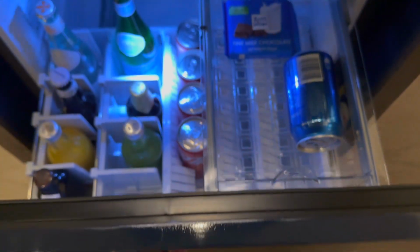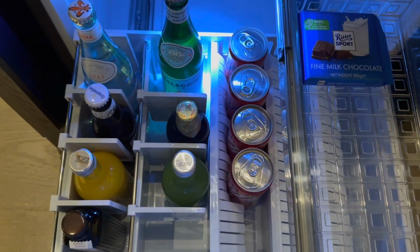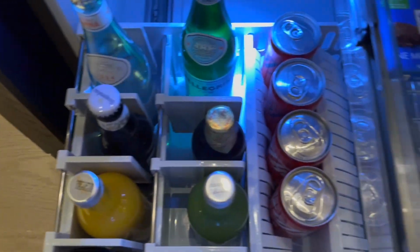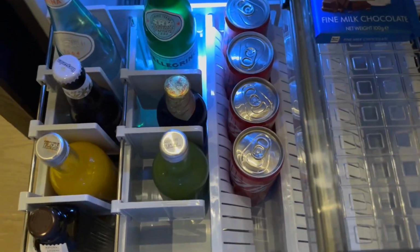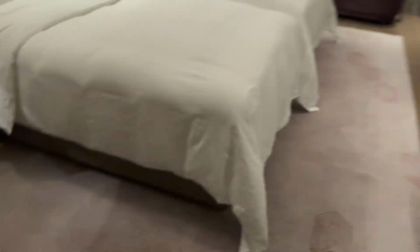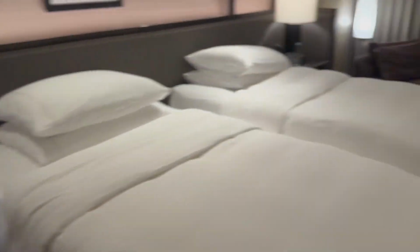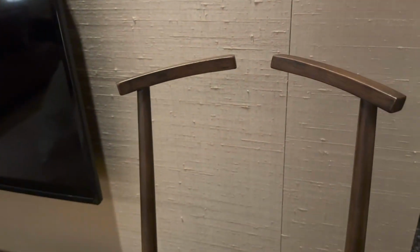And there's a fridge down here, and the Pepsi is my own, but you got chocolate and San Pellegrinos and Coke there. I'm not sure if there's a mechanism to detect whether you consumed any of the drinks, and let's actually forget about it. Here's 2 nightstands on each side,